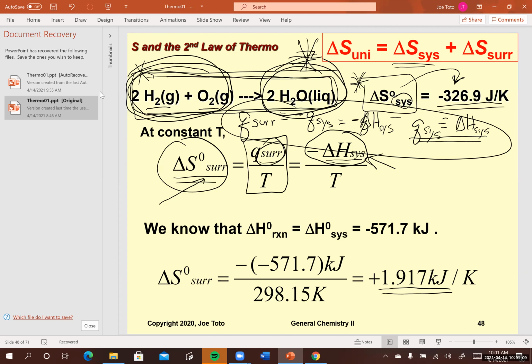Yes. Okay, then the change is an increase or a decrease in entropy when I go from the reactants to the products? Is there more entropy in the products or less than the reactants? Less. Less entropy in the product. Yeah,